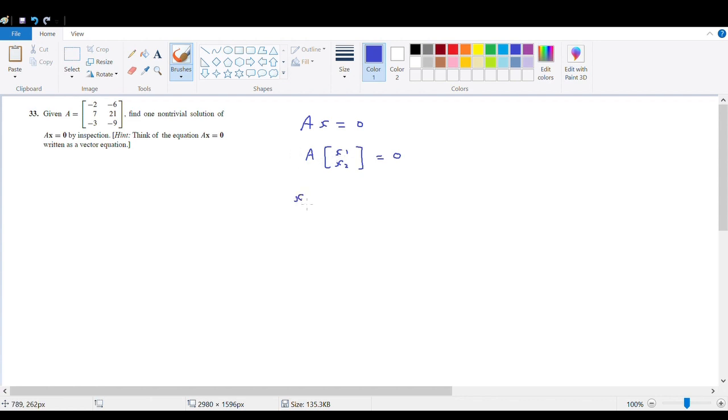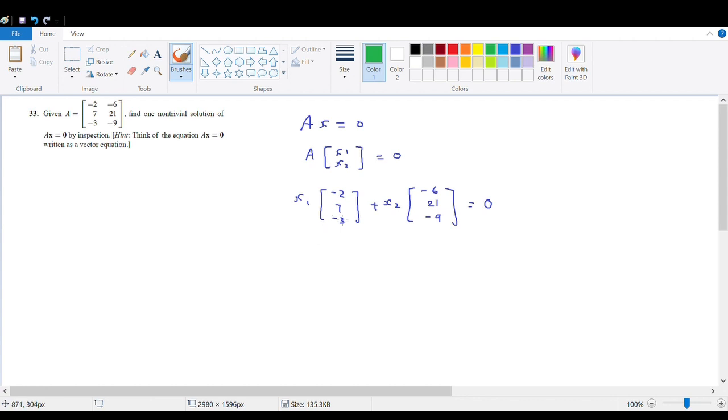So x1 multiplied by the first column (-2, 7, -3) plus x2 multiplied by the second column (-6, 21, -9) is equal to 0. We need to take x1 and x2 that make this equation true without solving it, so non-zero values. For example, if x1 is equal to